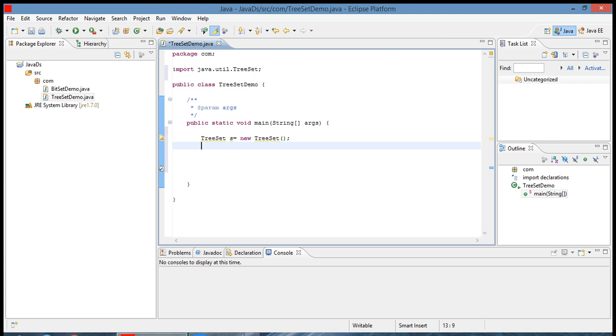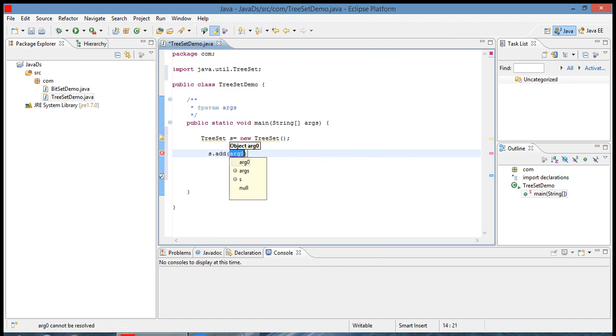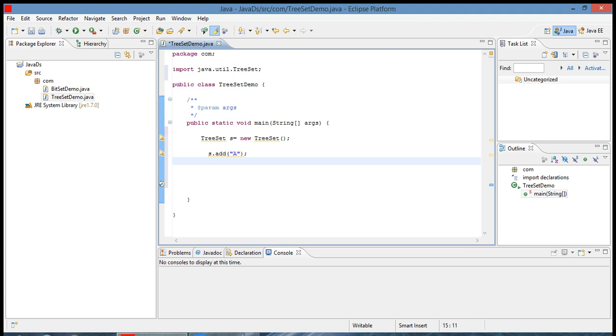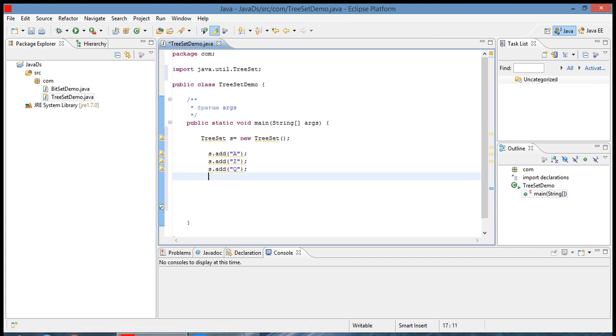Now we'll add some elements inside the treeset. For that we have one method called add. s.add will store the string object a, and again we'll try to store more elements: z, then q, then small a.